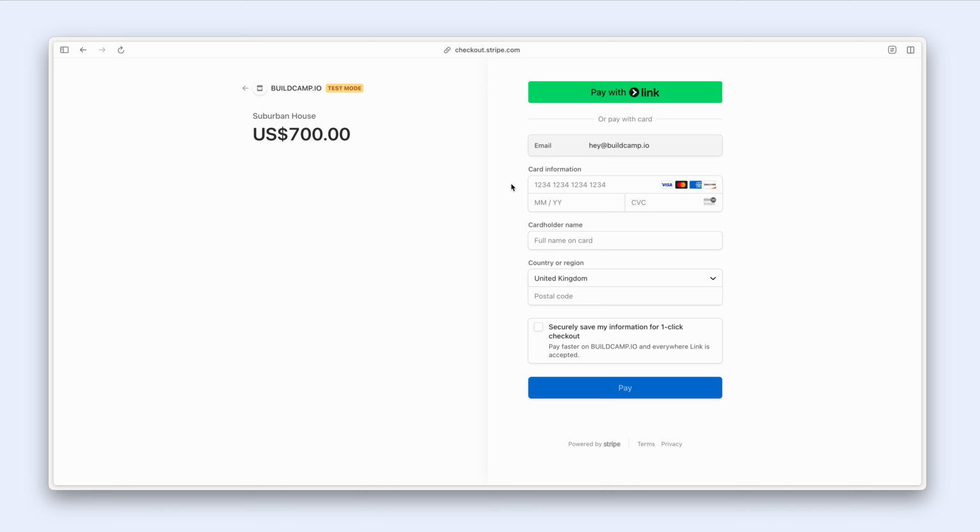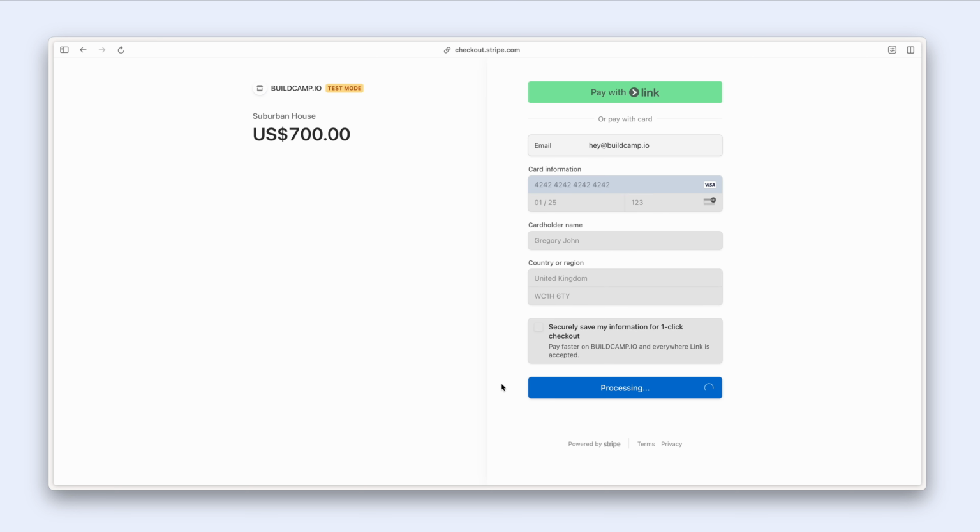Stripe provides test card details, which I'm going to enter now. I can see that it's already saved. Here's a name from testing earlier. And a random postcode. I'm going to go ahead and pay. And it's at this stage that Stripe is actually handling all of this for us. This is why we want to use APIs, because all of the heavy lifting is usually done by the service. So if I go ahead and do that, processing,